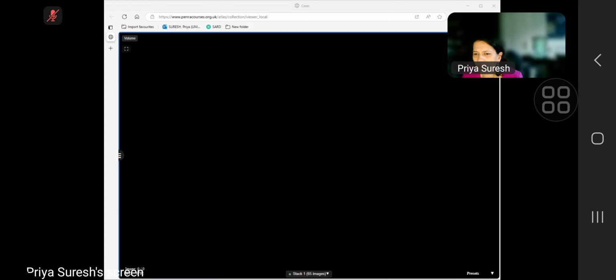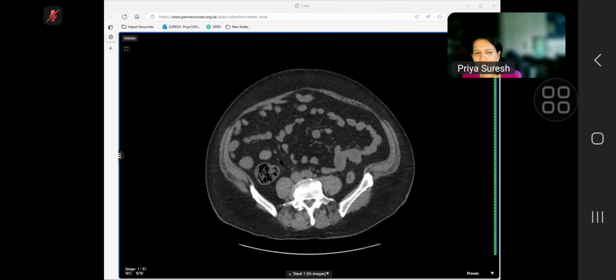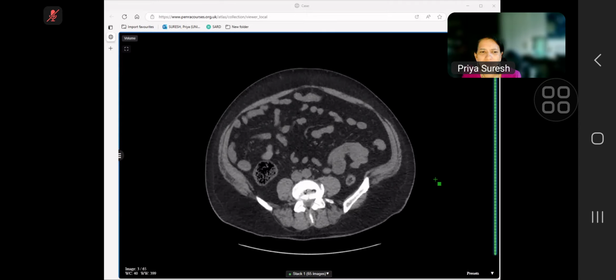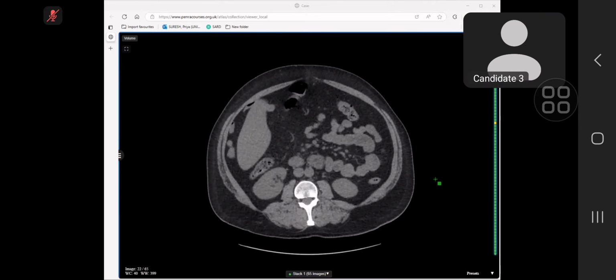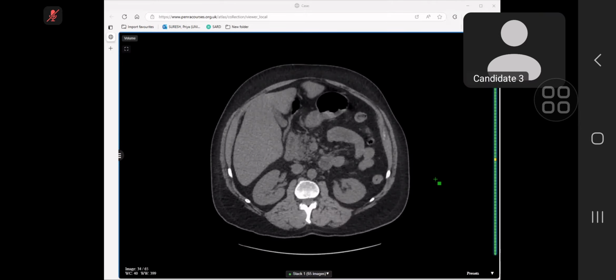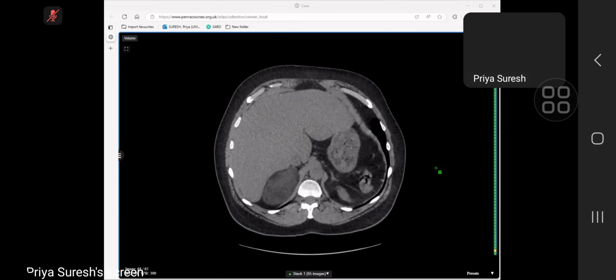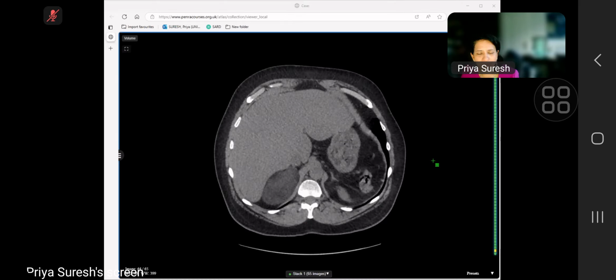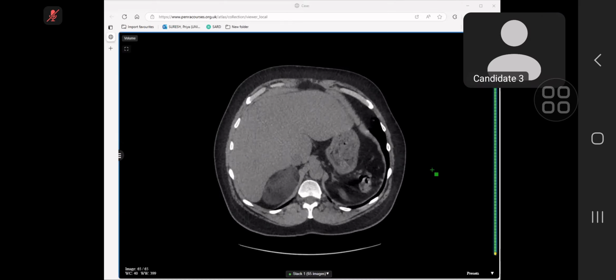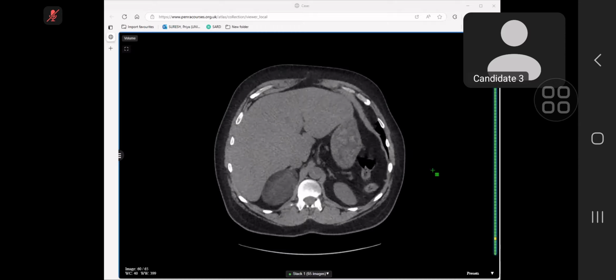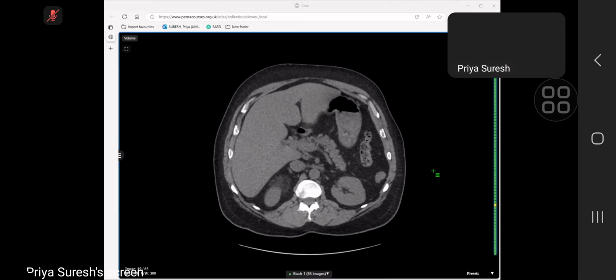So the next patient has come in with loin to groin pain. That was the presentation for this patient. Okay, I'm provided with the plain CT abdomen of the patient, in which I can see